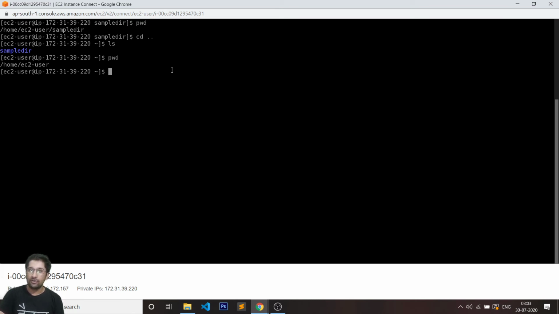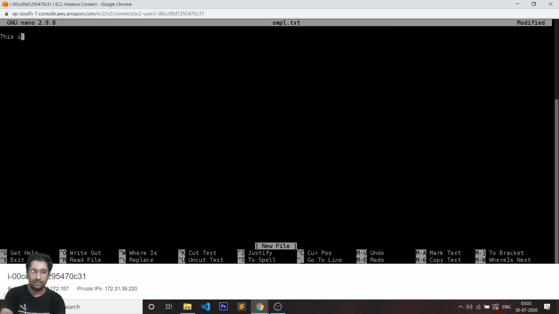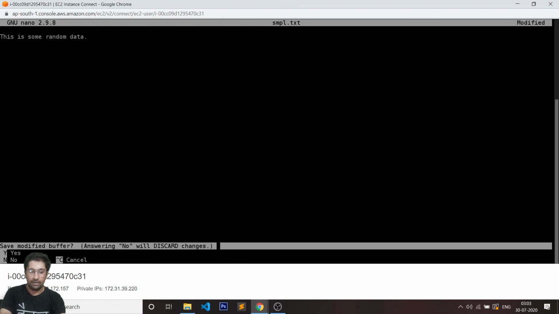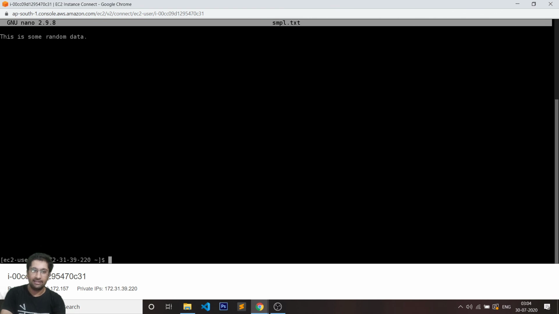Now one thing which I'd also like to mention about the ls -l command. For that I will have to actually create a directory and a text file in the same folder so that I can explain the difference. So I'll quickly start by creating one file over here. I'll do that by nano smpl.txt, and I'll just type in this is some random data, full stop, Control X. It's going to ask me to confirm if I want to save it or not. I'll be clicking on Y and then enter.